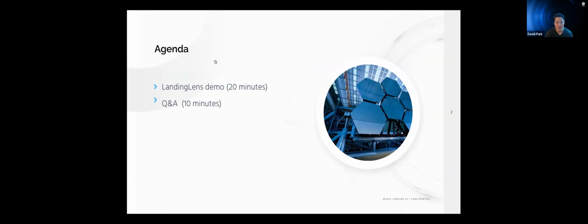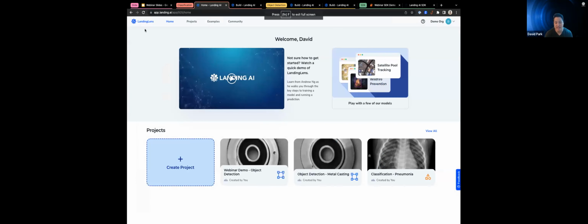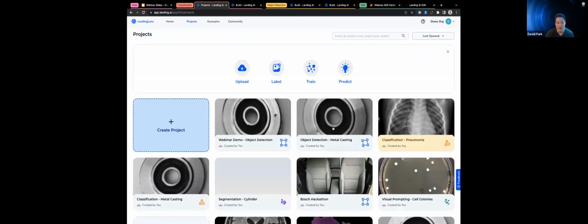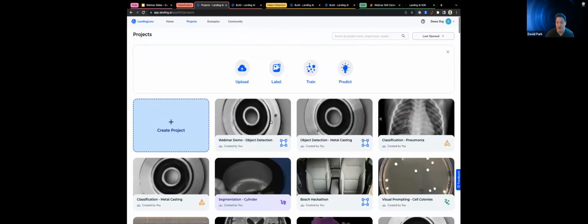Let me jump into the platform. So this is the landing page of Landing AI. As you can see at the bottom, you have your most recent projects. We organize each experiment as a project. So anytime you start a use case or tackle a use case, you'll do that by creating a project. If I click on the View All button here, bottom right corner, you have access to all of the projects